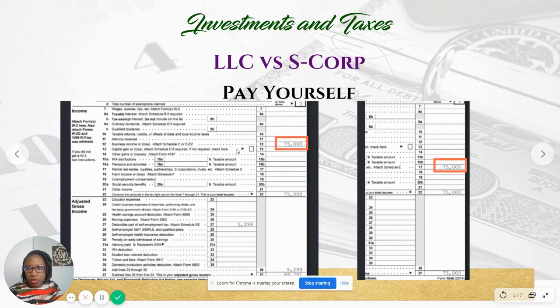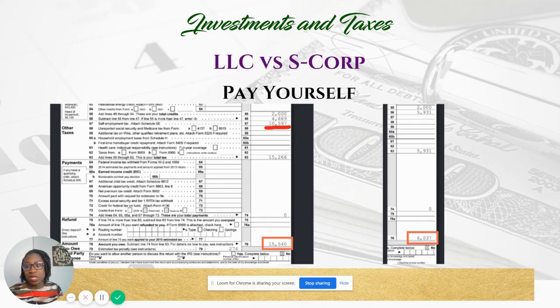So you can see here it's reported on Schedule C. Here it's reported under the partnership, real estate, S-Corp Schedule E line. So the different line items are going to allocate how it's going to be taxed differently. And so we can see here that the tax is going to come through. There you have that extra self-employment tax that we discussed. And so your bottom line is going to show that you have a difference of the 15 versus 6 because of how it was taxed, because of that 15.3% self-employment tax that was allocated to the entire amount on your side as an LLC. So I hope this video was helpful for somebody.